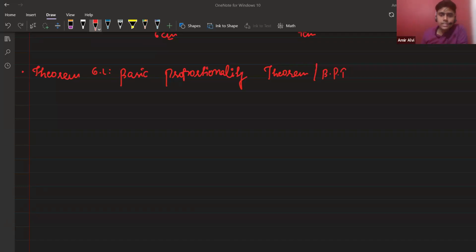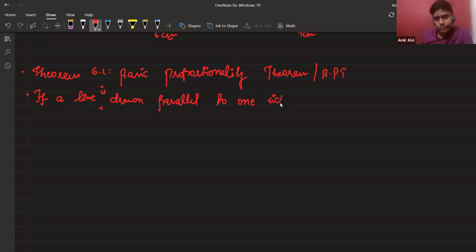It says that if a line is drawn parallel to one side of a triangle